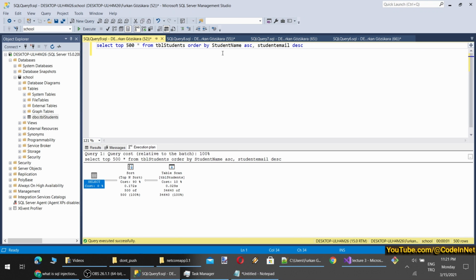And if I add a predicate here, student ID equal to, let's say, 32, now when I run it, it will show me the execution plan. Currently, you see it has taken much less time for sorting. However, this is still not very effective because it doesn't have an index. If we had an index, it would be much faster, but I won't get into that right now.